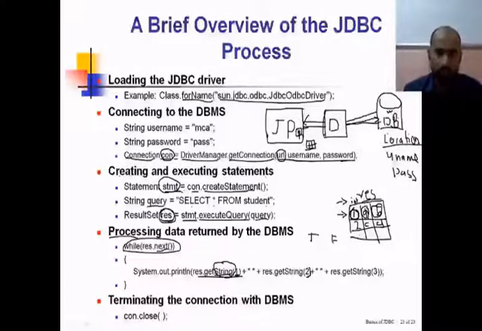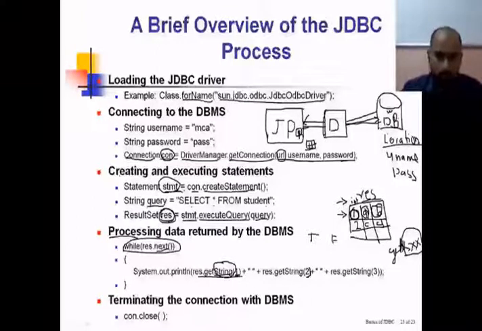If you're reading string data, you have to go for the method getString. If the data is of integer type, you go for the method getInt. If it is of float type, you go for the method getFloat. So we call it a getter method, a getXXX method, where XXX stands for the data type. That XXX can be replaced with the particular data type of that particular column.